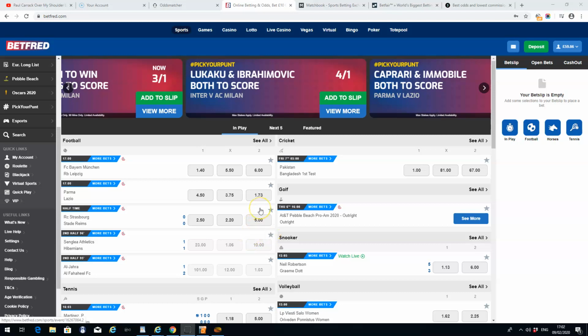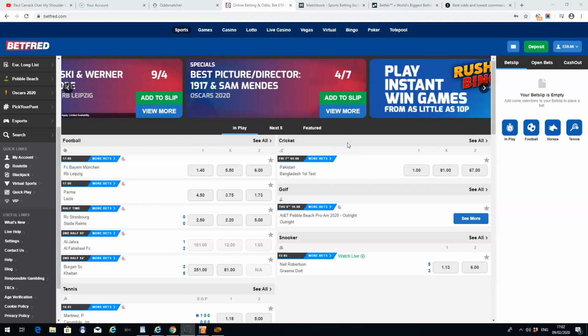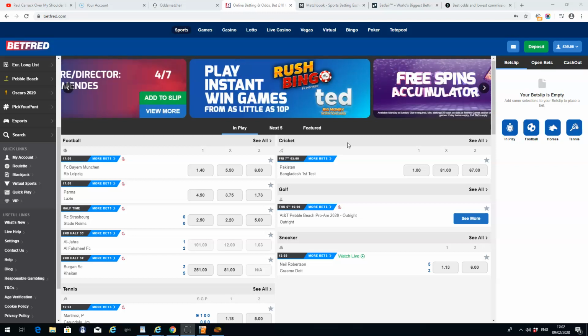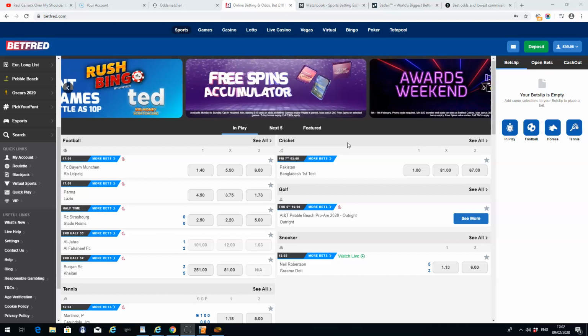Okay, this is a very simple guide on how to change to decimal odds format on the Betfred website. If you're doing a lot of sign-up offers or you're doing match betting, etc., and you want to compare odds to other bookmakers or the betting exchanges, then I highly recommend that you change your settings to decimal odds. It's a lot easier when you're punching numbers into calculators and working out profits and returns, etc.,